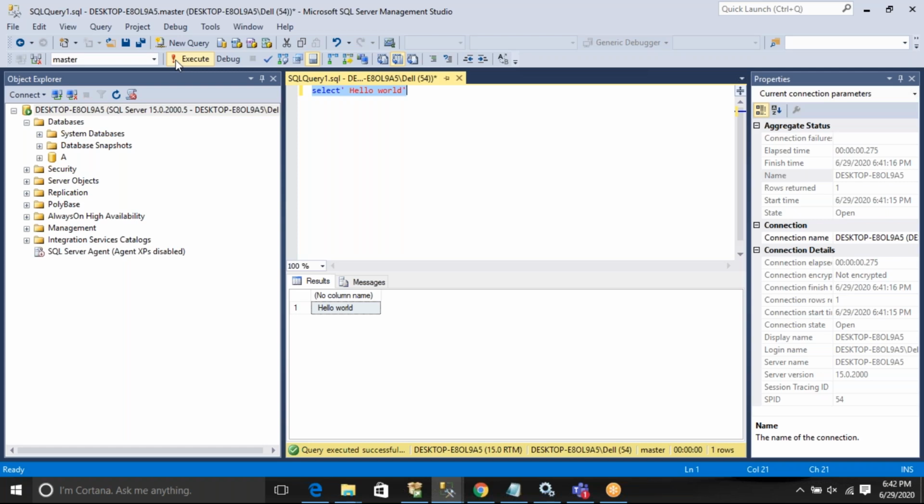That can be insertion or updation, deletion, modification, transformation, processing, whatever. You are going to interact with data by using this window. And whatever you write here, you can select that and you can click on execute. The result will be displayed in the bottom. Now, what you can write here and what you are going to execute is,